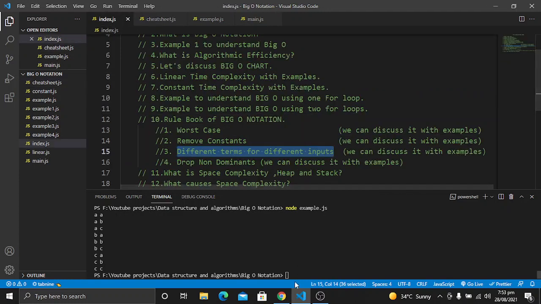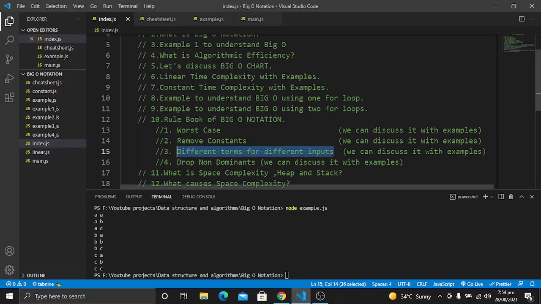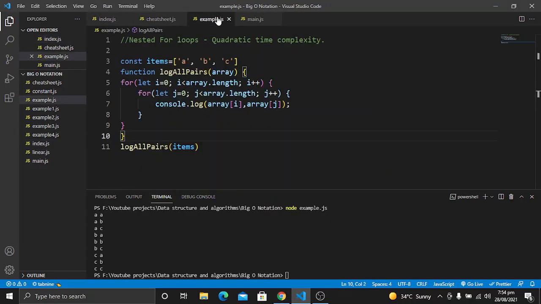So the quadratic time complexity is going to be like this, O(n^2). Whenever you have nested for loops, you simply understand that this is a quadratic time complexity, and for this we have a time complexity of O(n^2).